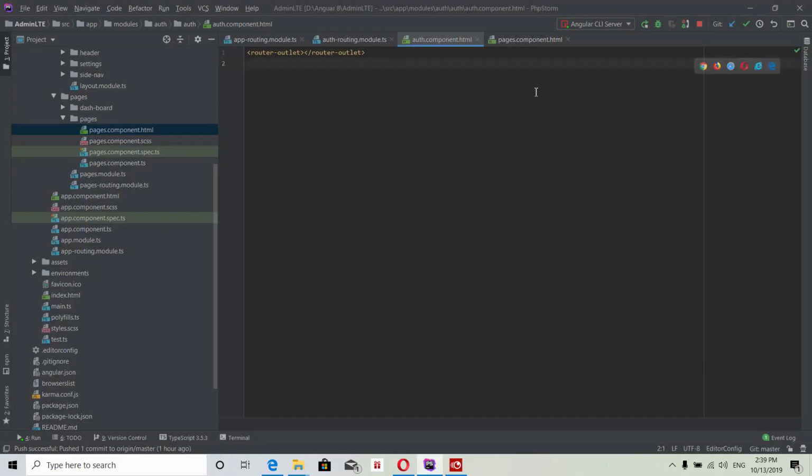I'm not using ngFor, ngShow, ngHide or ngSwitch, this kind of functionality, for achieving this concept here. I'm just using the simple router outlet and lazy loading concept to achieve this. I think this is very helpful for you guys. If you are an absolute beginner, this template is very helpful to you. You just download it and watch it.